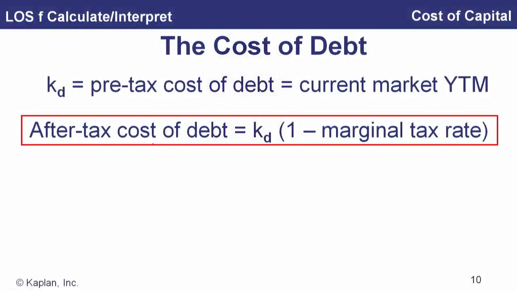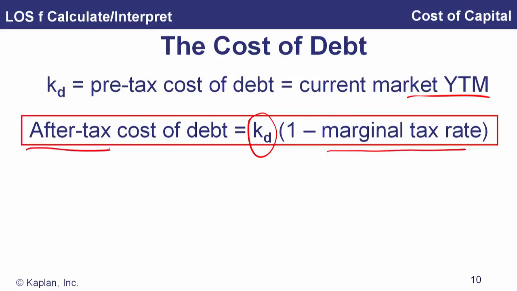So now let's look at our component costs of capital, beginning with the cost of debt. Well, this we've seen, it's dead simple. Here is the pre-tax cost of debt, the current market yield to maturity, what the market requires in terms of returns on their debt, and then we adjust that, multiplying by 1 minus the marginal tax rate to get our